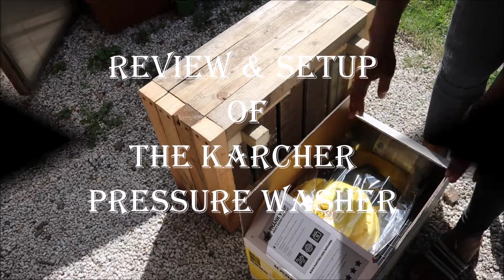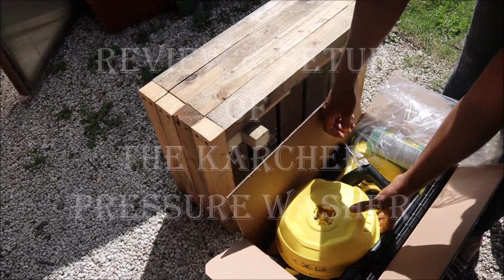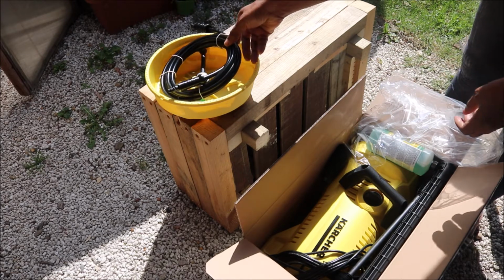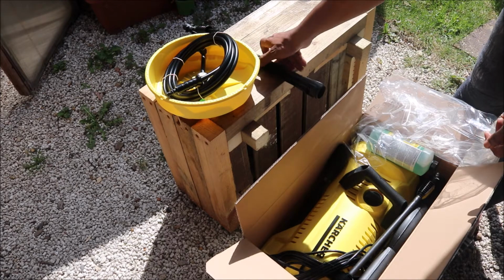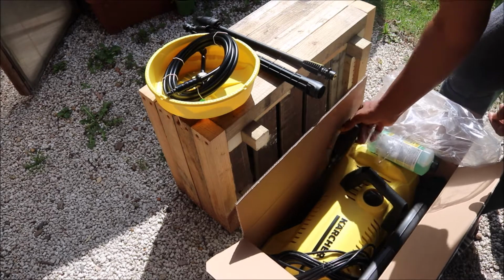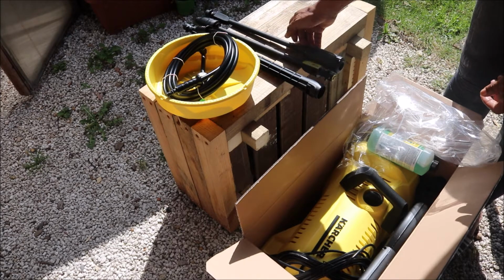When you open your box, you get out your loose parts. That's the casing, the high-powered hose, the extension tube for the casing, that's your full power lance, and that's your variable power lance. That's your trigger gun,